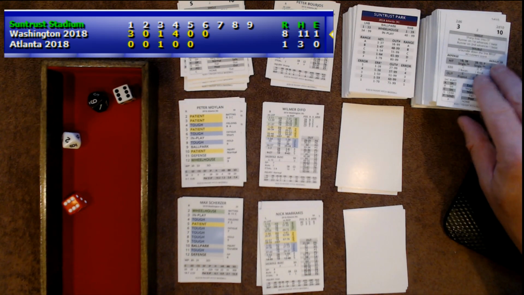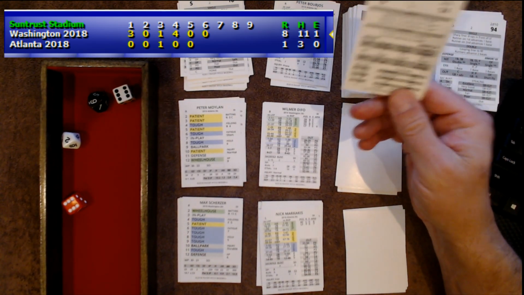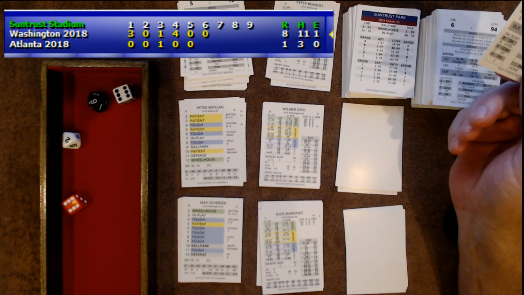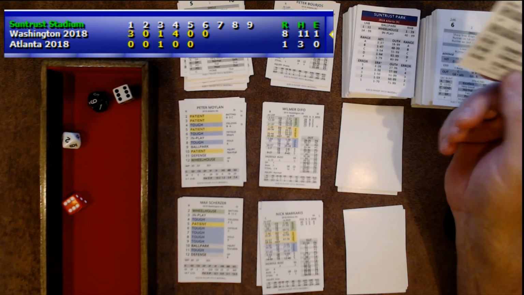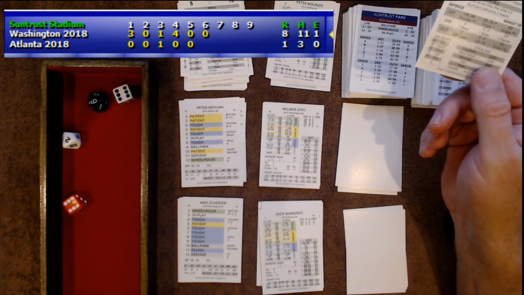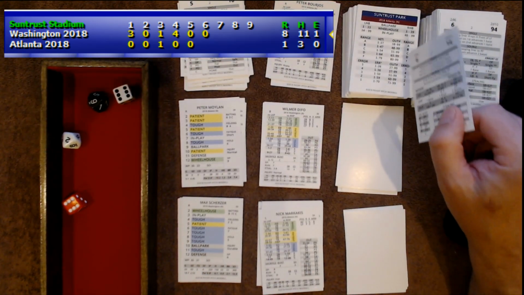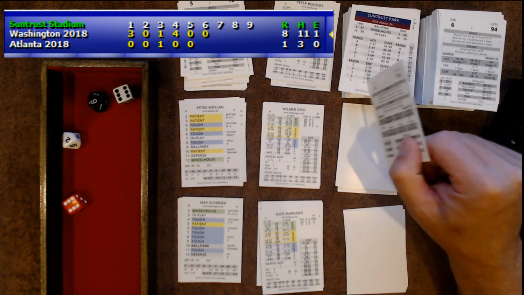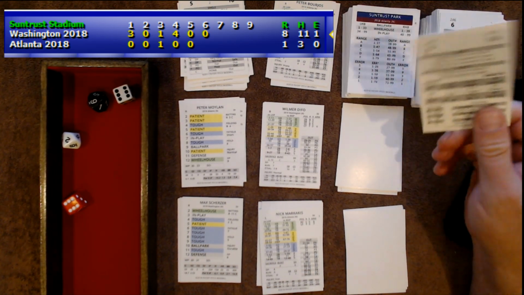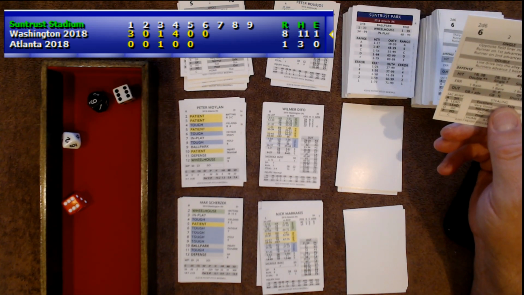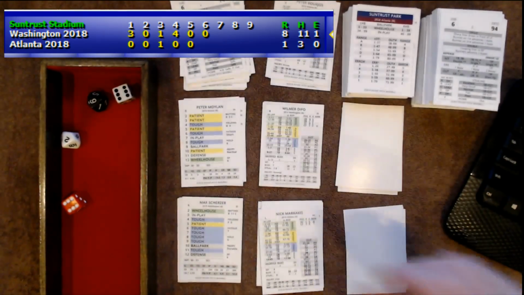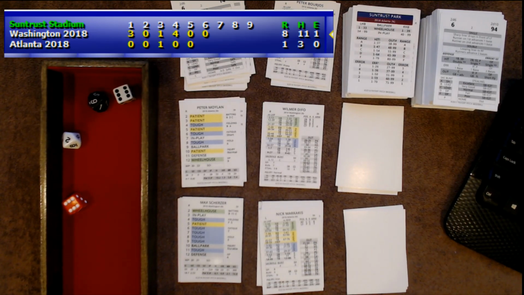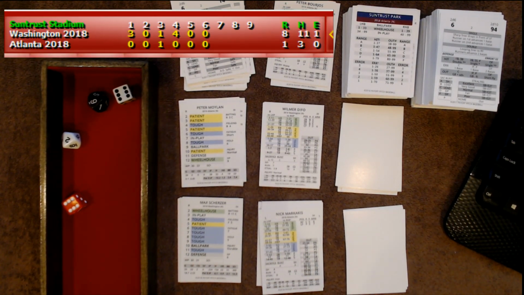12, defensive check. And that is going to be an auto out. It was going to be a range check, but the roll is a 92. You can see all of them are going to be, doesn't matter. Even if you have the worst range or the worst error range, it's going to be an out. Unfortunately, it's the range of the third baseman. It's going to be a good play. Kind of save you a little bit of time. And unfortunately, that's going to do it with runners at the corners.